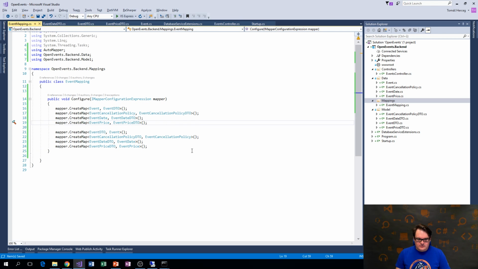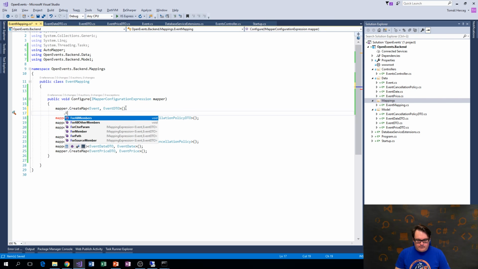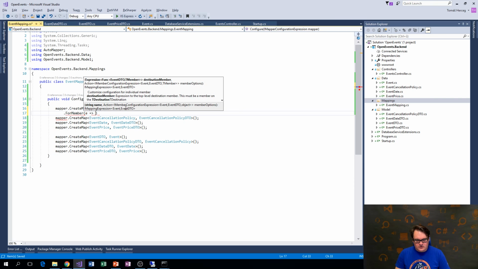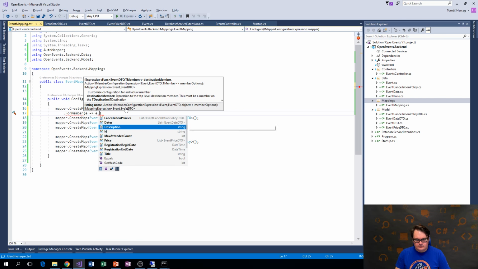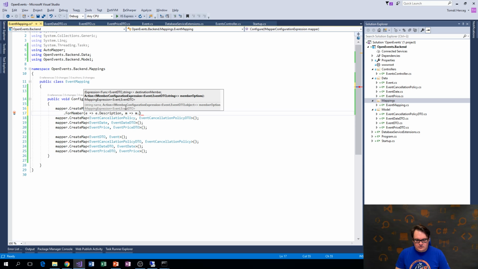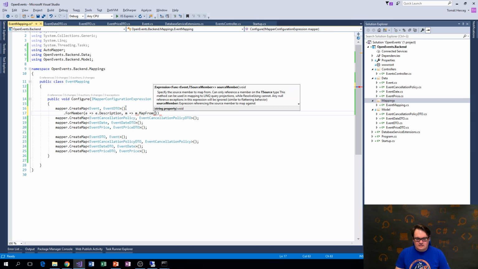In the future, if the API of event changes, or for example, if I add some properties or add a localization, I will be able to use the for member and say, for example, if I have some property in the event, I want to set it to something like map from, and tell Automapper the expression it should use to map this property. So if I add some extra property in my storage, it doesn't matter. I won't have to change the API because I can resolve all the conflicts, all the changes here, so the DTOs can